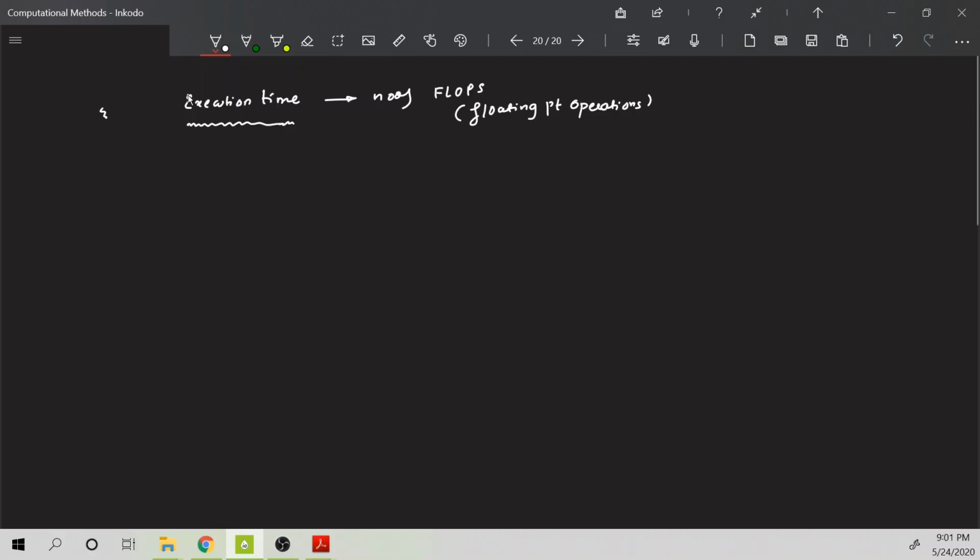So when you talk about Gauss elimination, the number of flops is approximately equal to 2/3 of n cube, where n is the number of equations. Okay, so it is 2/3 of n cube. Till now what we have talked about is only Gauss elimination, but there is one more type of elimination known as